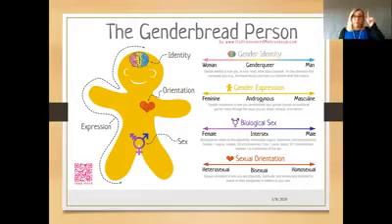Then your expression, so the piece going around the outside of the genderbread person, is how you express yourself. How do you present yourself to the world? And these are four separate areas, and that's one thing that we need to keep remembering, that our identity and how we present ourselves might be different. We might have to wear a uniform for work, and that uniform might present in a particular gender, but we believe we're a different gender. So quite hard to pin down, and it's complex.